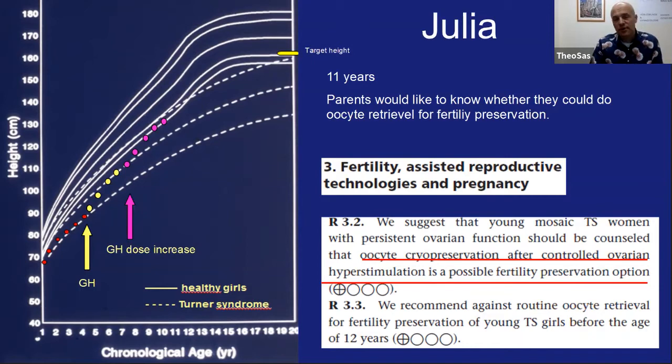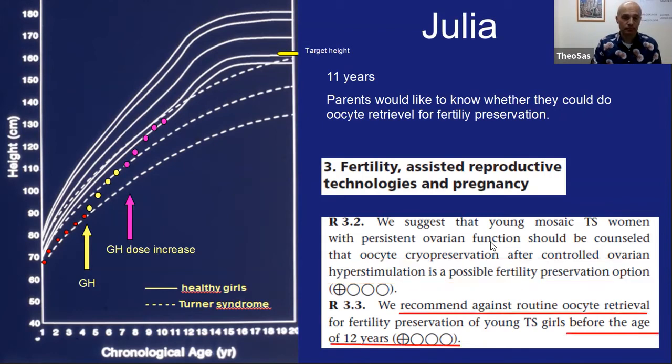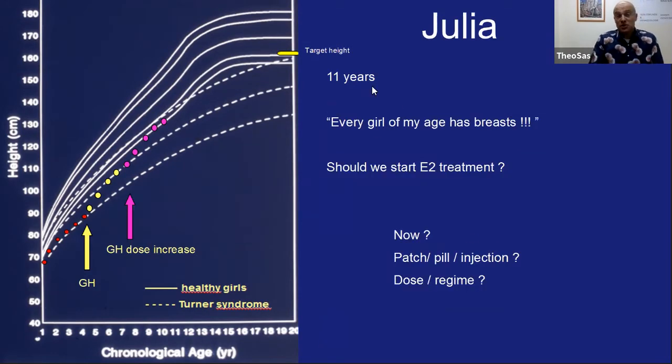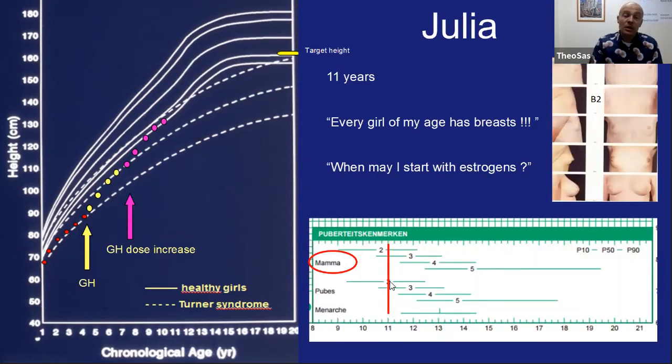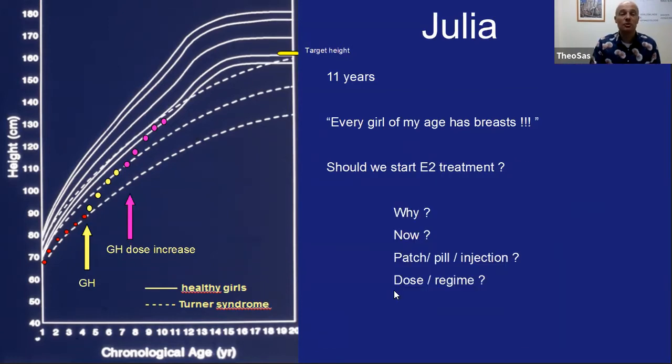There is a French study and a Dutch study taking, at an earlier time in childhood, a part of the ovary and freezing it, with the idea that you could put it back several years later. But that is only a study, and we do not know whether that will work. And of course, when she's 11 years of age, she would like to have breast development. Should we start it now? If we look at what's normal, in healthy Dutch girls, Tanner stage B2 is reached by half of the girls when they are 11 years of age. So that seems to be a normal age to start.